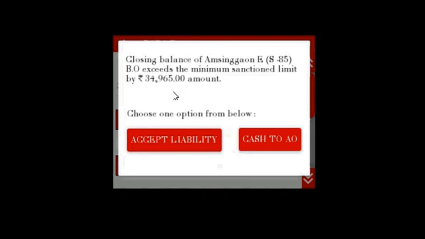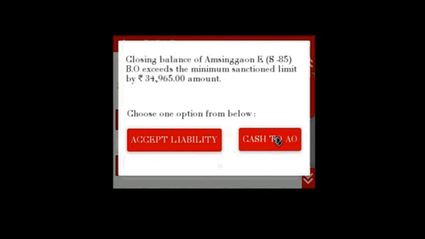Now the question is that if any liabilities are there for tomorrow's work, this cash can be kept with BPM, but liabilities are to be shown by clicking accept liability. There will be savings liability, insurance liability, and if any EMOs are there, that will be shown. That can be chosen and the appropriate amount incorporated in that particular column and submitted.